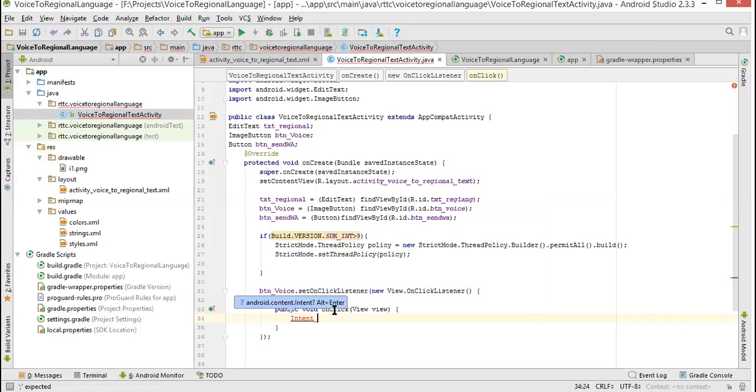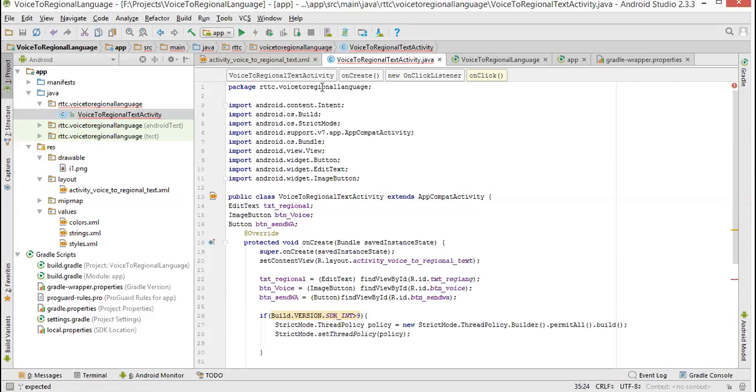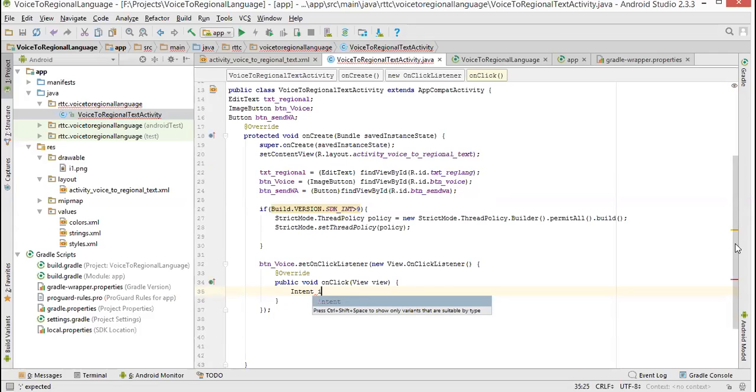Intent controls activity. So Alt+Enter, and the Intent is imported above. You can see it is android.content.Intent.